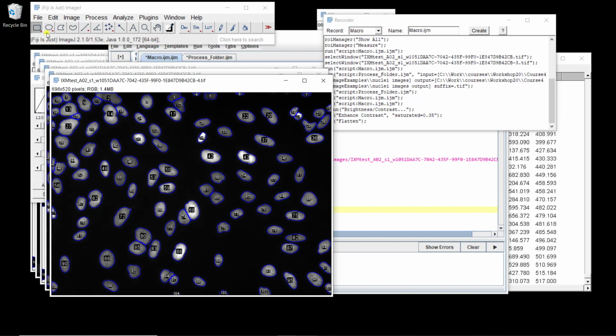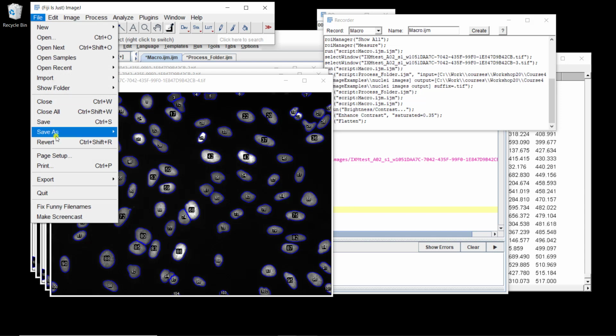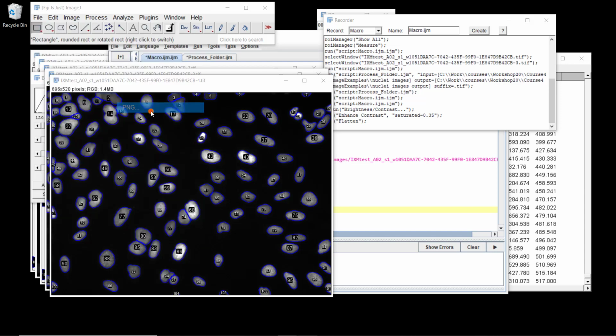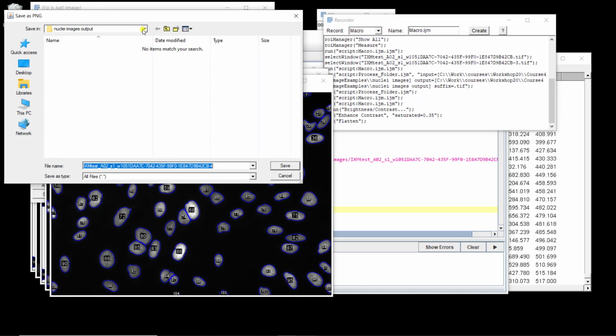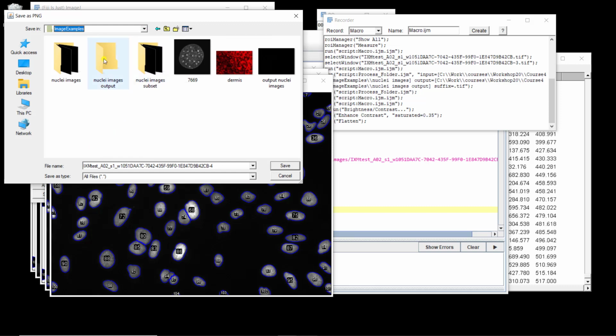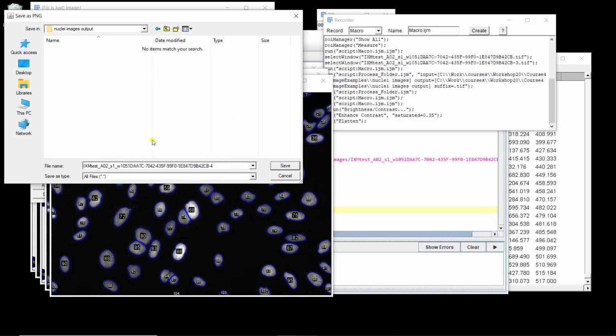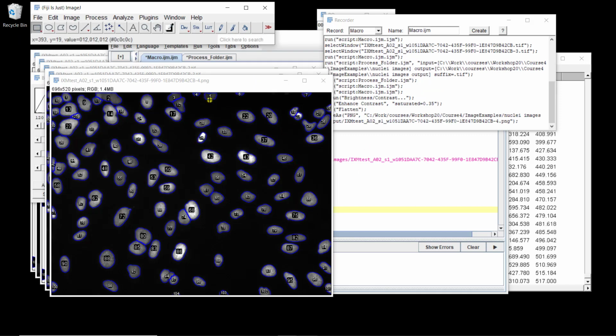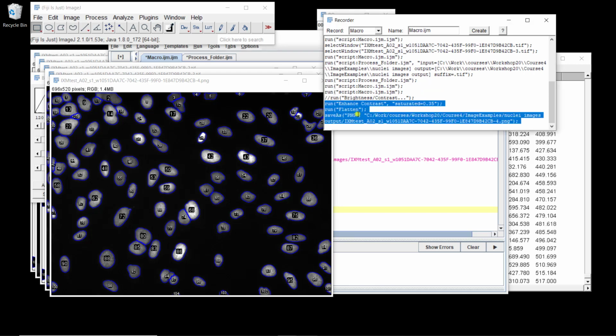So now if I save this one, let's save as PNG, and let's save it in the output folder. That's the name, maybe not, but it's okay because we'll use the output in the macro. So let's just save it, okay, and now it's saved. Why I did that is I wanted to get those different commands, and I want to add them in my